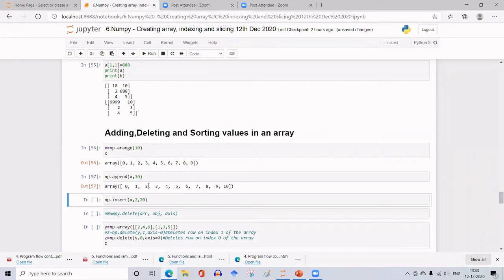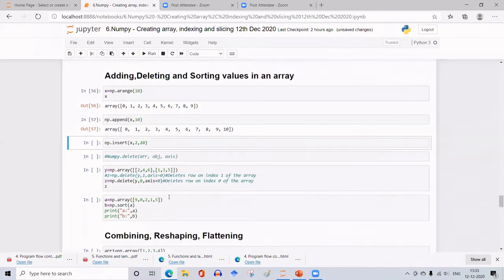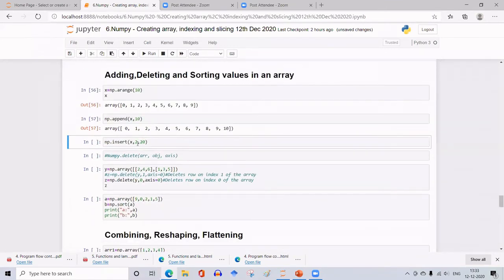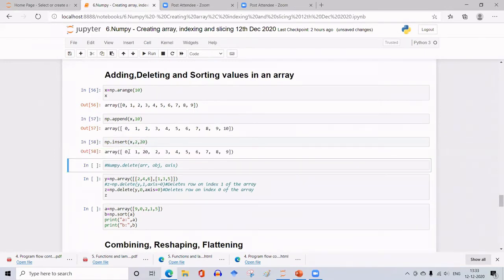Suppose you want to add it anywhere in between this array, then you have to give the location where you want to add that element. So that is done by the function insert. So np.insert, then the array name, and then location, and then what data you want to insert. So location is 2, 0, 1, 2.